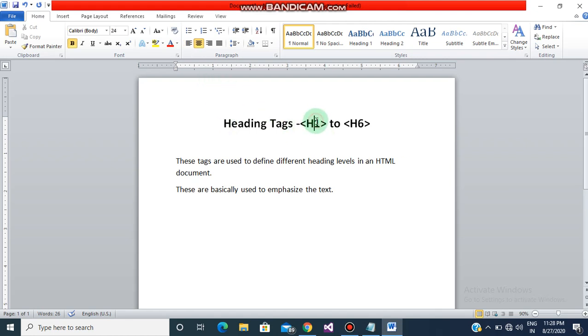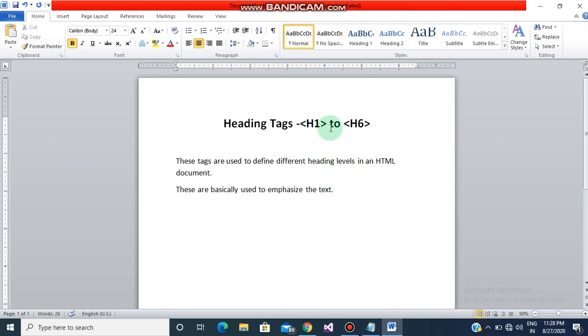Okay, H1 to H6. The H1 heading style displays the text in the largest size and is mainly used for main headings. We will get to see it when we come to the practical part. The lower levels are used for subheadings and less important things.